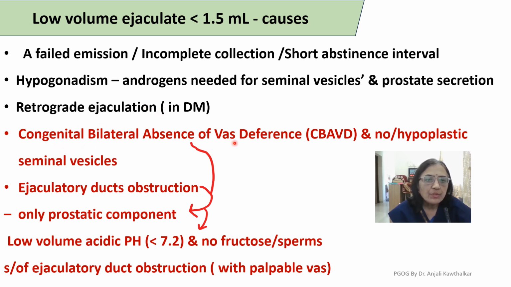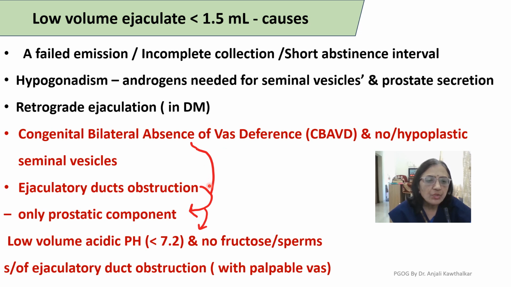If congenital bilateral absence of vas deferens is present, and there is absence of or hypoplastic seminal vesicles, then there will also be low volume ejaculate. Ejaculatory duct obstruction will also lead to low volume ejaculate, because in both of these situations, congenital absence of vas deferens and ejaculatory duct obstruction,